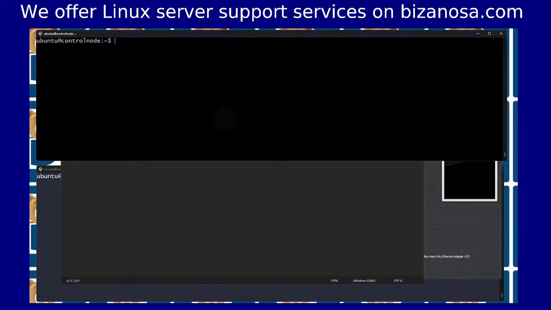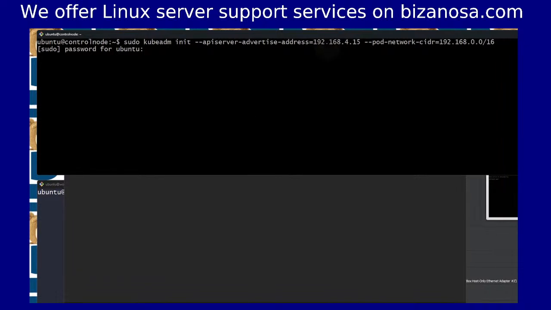Control L, and then I'm going to Shift Insert to paste, and this is going to take some time. I can actually Control C. I can actually pull in the images that are needed with kubeadm. I have not run kubeadm init here before, so this is going to take me a lot of time. So I can just do sudo kubeadm